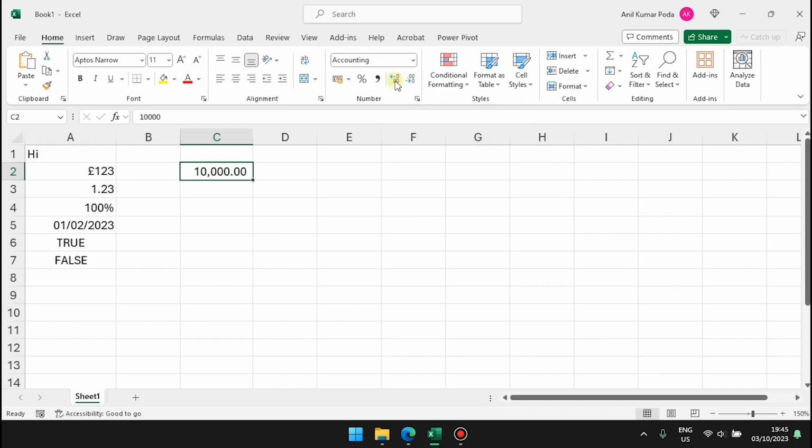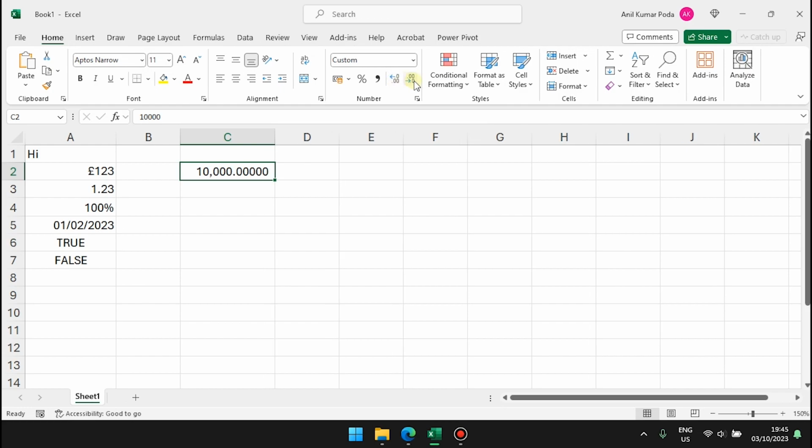Next to that we have the decimal points, to increase the decimals or decrease the decimals. When you want to increase the decimals, you can click on this one. It keeps on increasing the decimals. If you want to decrease, you can decrease the decimals. By default, if you are dealing with accounting related data or currency related data, we use two decimals. Or sometimes in the case of percentages also, we can use two decimals by default.